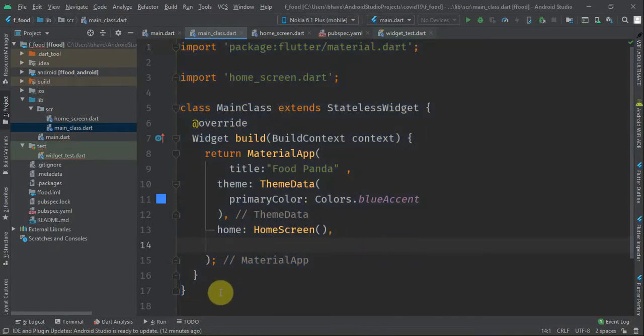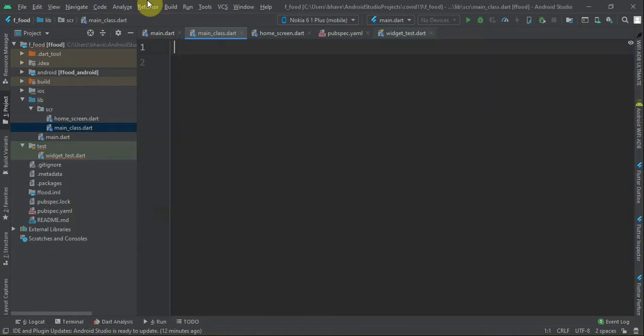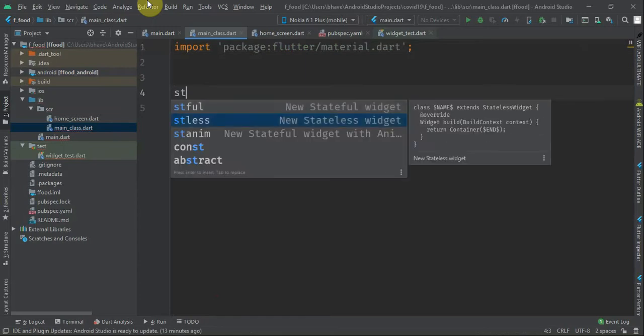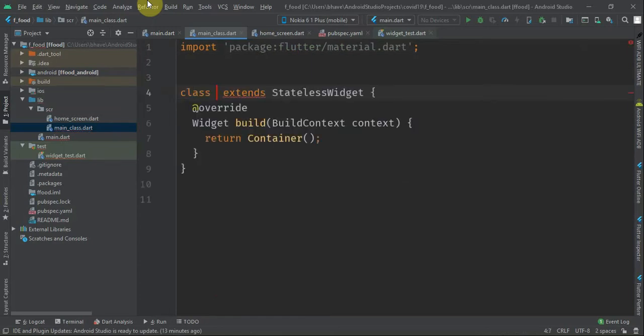It's not that difficult. See, I will delete this, and I will import the material package. Now I will create a stateless widget, and I will give it the name MainClass. And what will it return?